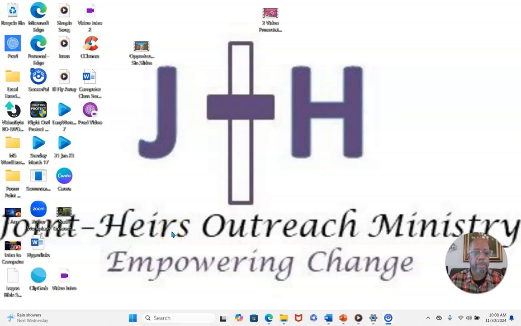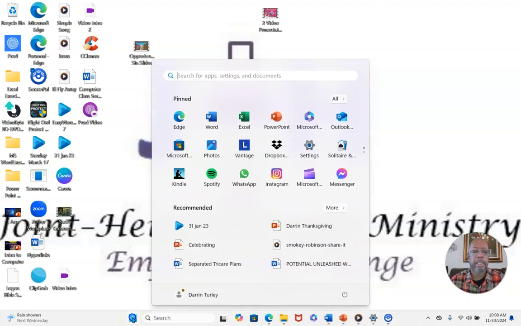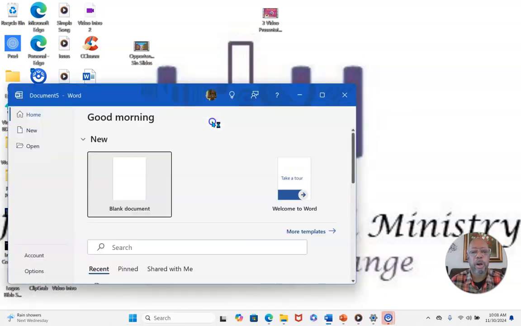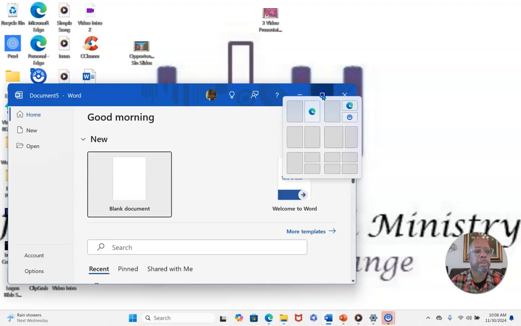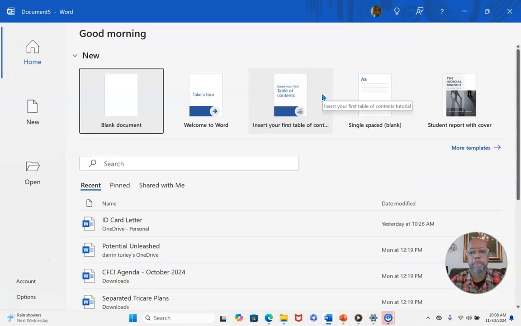To open and create a blank document, you go to your Windows icon at the bottom of your screen on Windows 11. You click there, and then you go in and look for Word. Once you click on Word, it is going to open this page right here, which we discussed before as our backstage view. From here, you can either double click on the blank document,